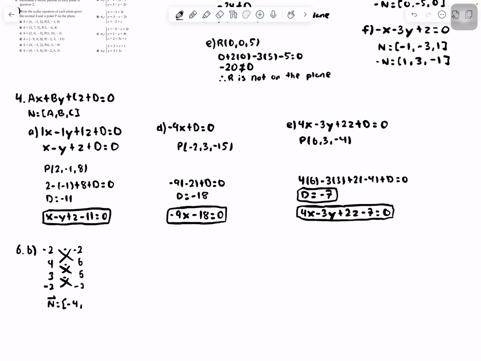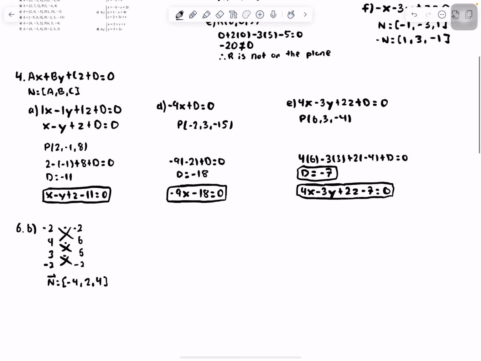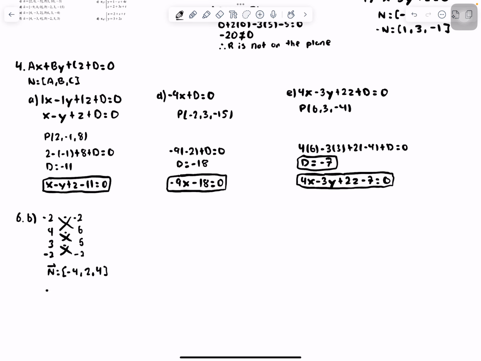4 times 5 minus 6 times 3, 2. 3 times -2 minus 5 times -2. Oh, sorry. 3 times -2 minus 5 times -2. 4. Okay, so in the scalar equation we end up with would be -4x plus 2y plus 4z plus d equals